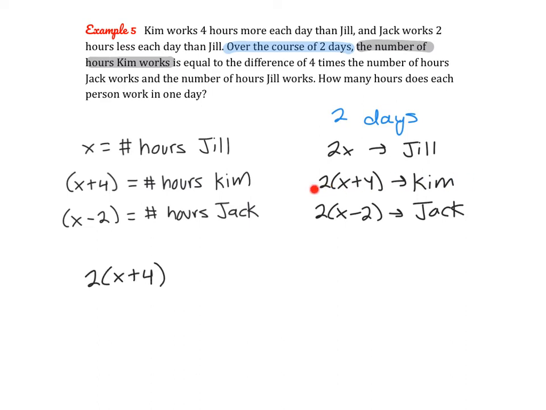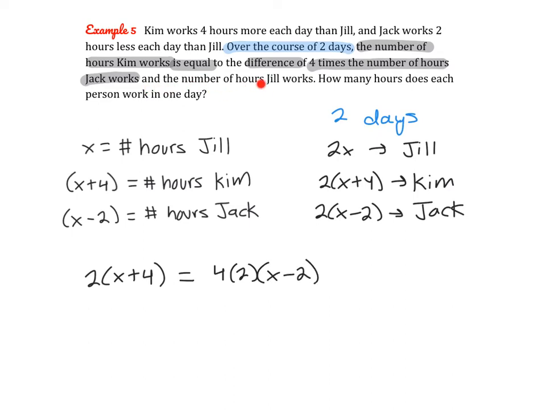That's how many hours Kim works in 2 days, is equal to, so we'll do our equal sign, the difference of, so we're going to be subtracting, 4 times the number of hours Jack works, so that's the first part, so we're going to do 4 times this, 4 times 2 times x minus 2,